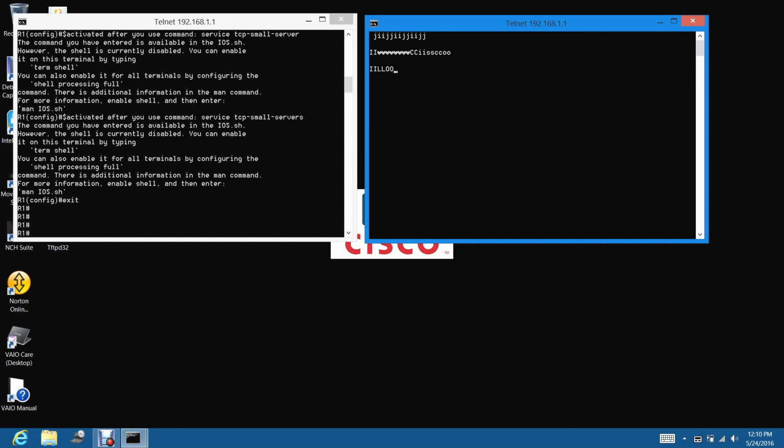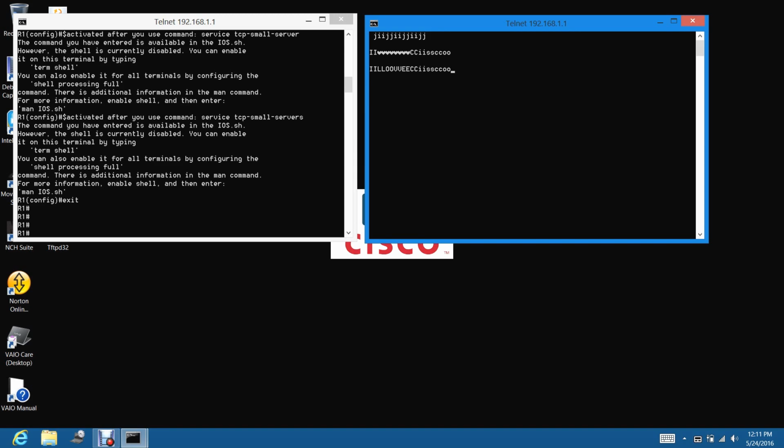So what I type, the router returns. If I type O, the router returns O. If I type V, the router returns V to my telnet here. And if I type Cisco, the router also returns Cisco.